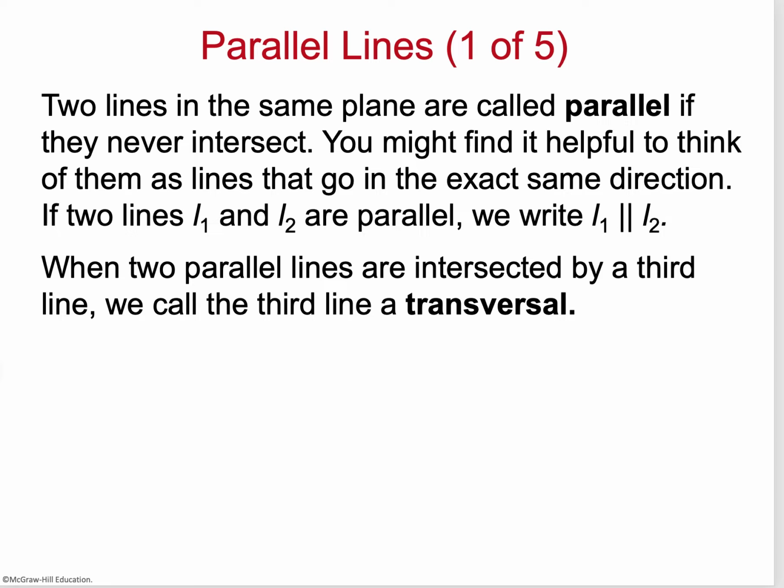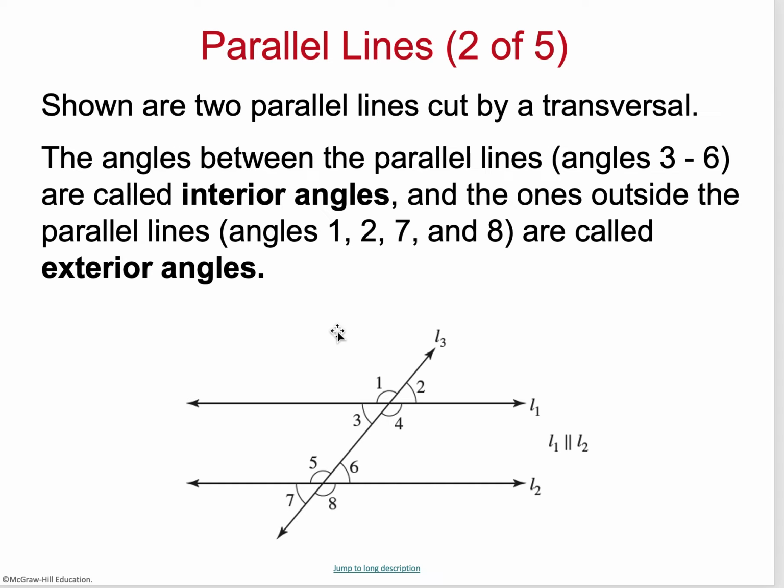Now, parallel lines have some interesting implications related to this idea. Parallel lines are 2 lines that never intersect. If a line is drawn across 2 parallel lines, we call it a transversal. That looks like this. I have the parallel lines L1 and L2, and then L3 crosses them and forms the transversal. Now what you should notice is when it forms that transversal, I have vertical angles here. So yes, there is a vertical angle relationship. However,